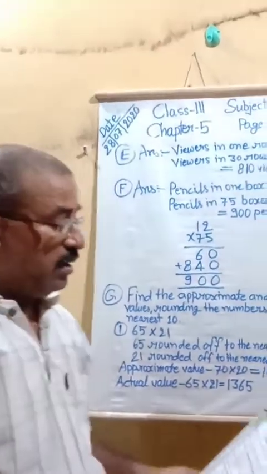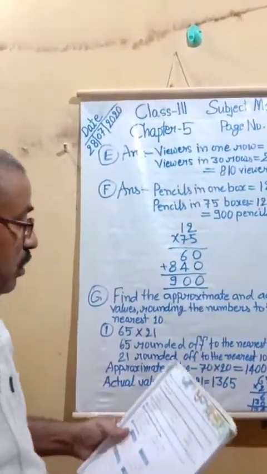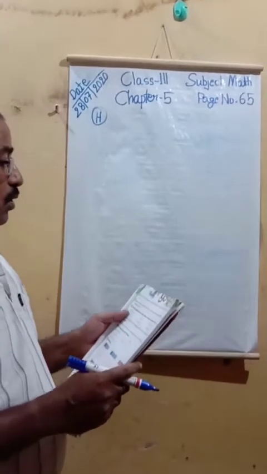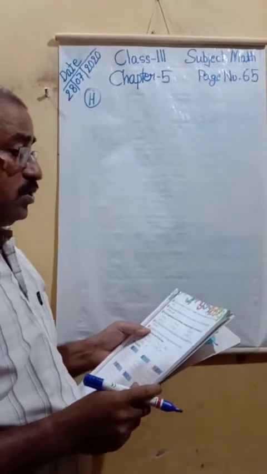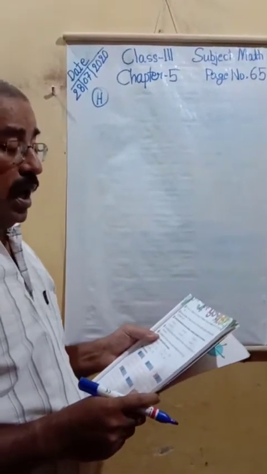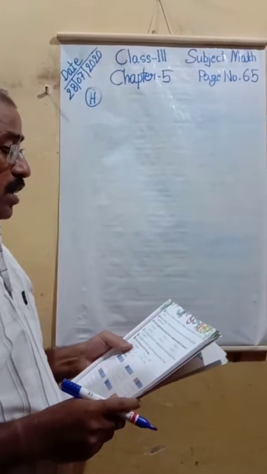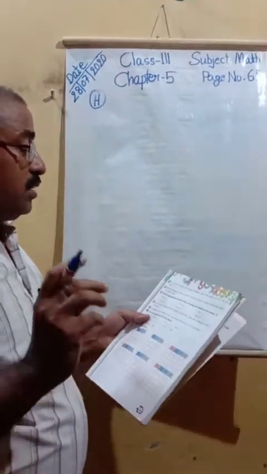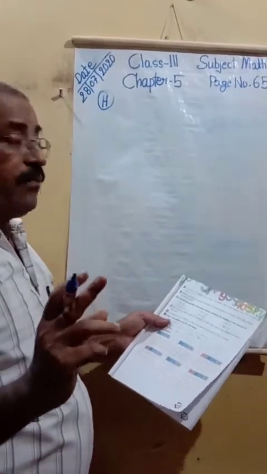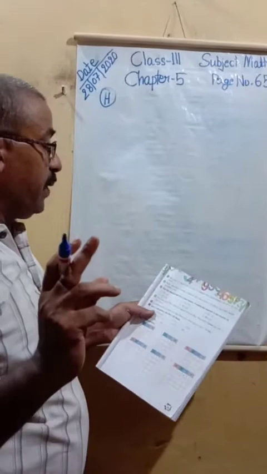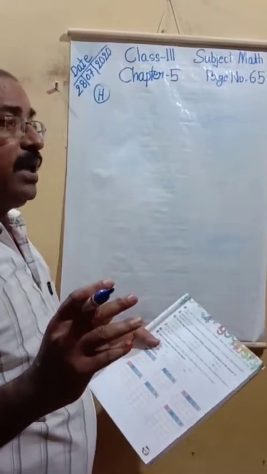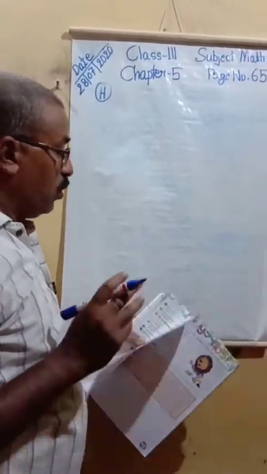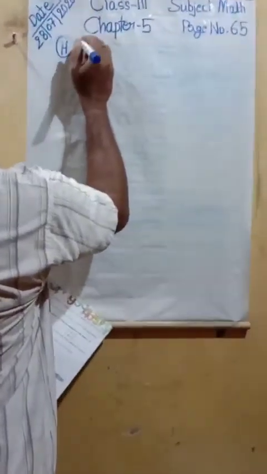After this you have to do question number H. One hotel has 6 floors with 212 people on each floor. How many people are there in the hotel? That is, in one hotel there are 6 floors and on each floor there are 212 people. So how many people in total are in that hotel? So first we write